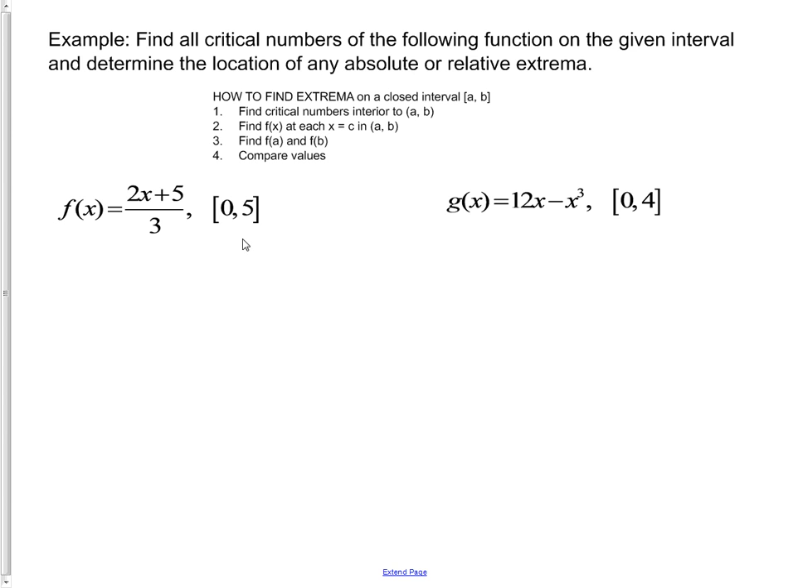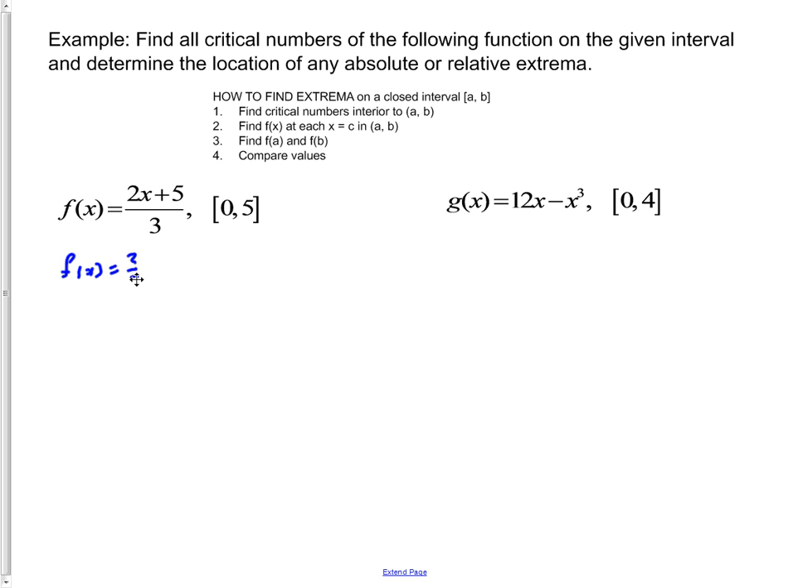All right, so let's take a look at some of the different kinds of functions that we could run into in determining where our critical numbers are and where the extrema are located on the intervals. So we've got this function f of x equals (2x plus 5) over 3 on the interval from 0 to 5. Well, all right, we know that written a different way, f of x could actually be expressed